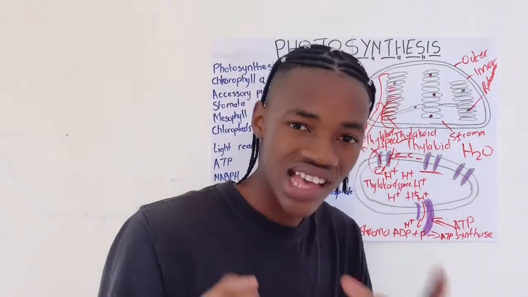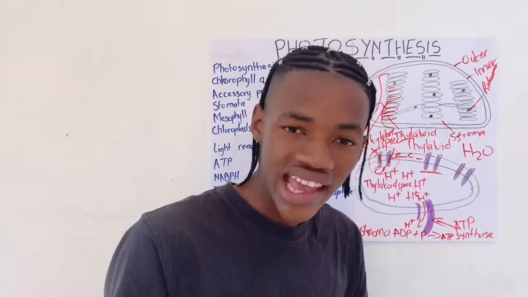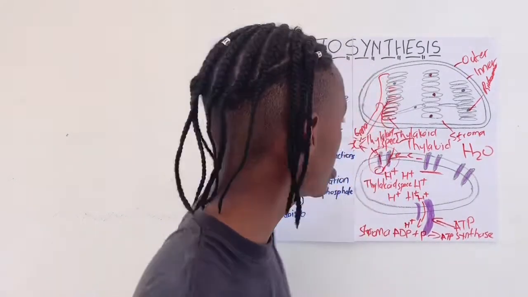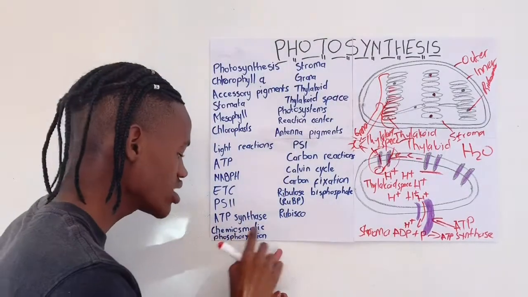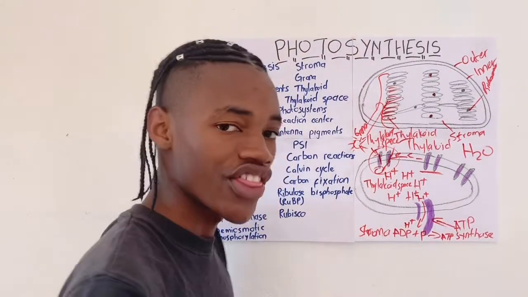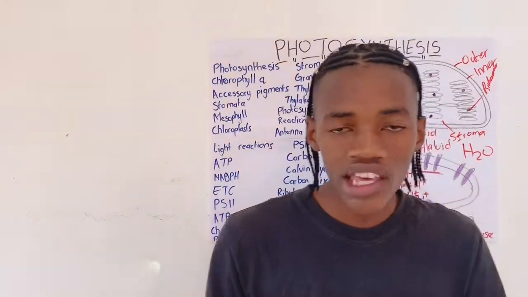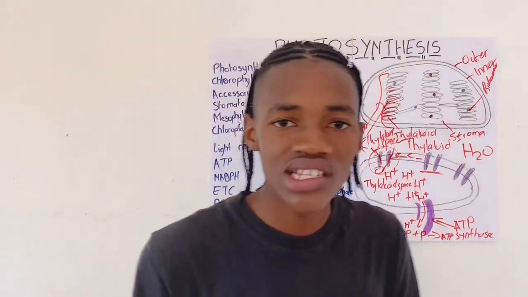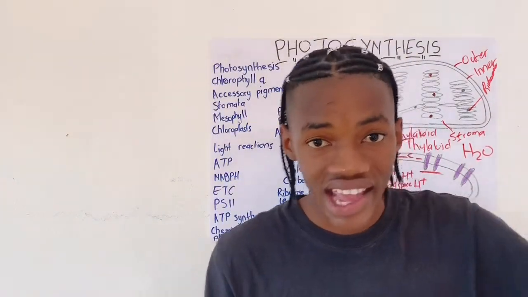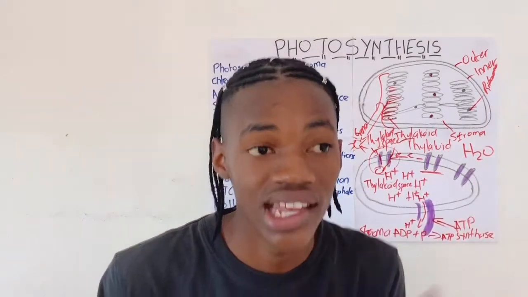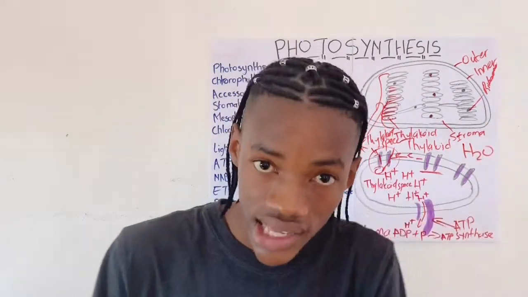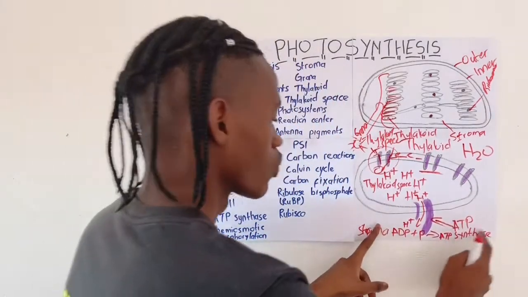So this is how the light reactions make ATP, and this ATP is made by chemiosmotic phosphorylation. This is the production of ATP through the help of protons that come out of the ATP synthase, right? They come out of the ATP synthase, and then now we have